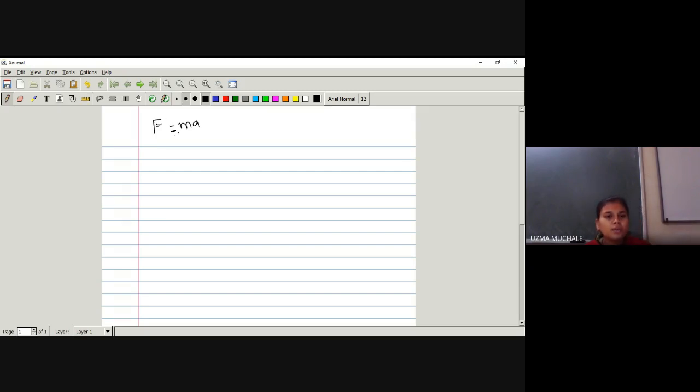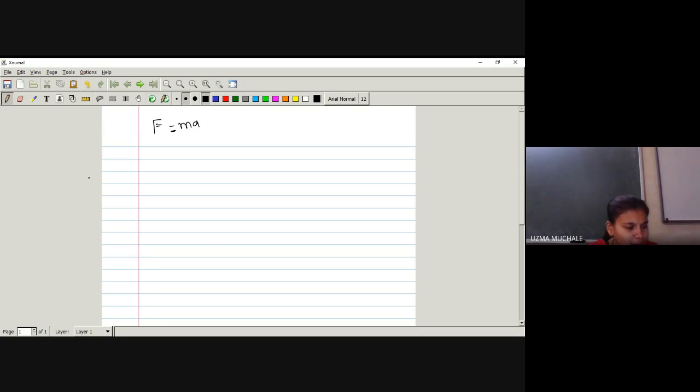Okay, so we are now going to prove that force is equal to mass into acceleration, which will imply that we prove the first and second law. The third is obvious for everyone: for every action there is an equal and opposite reaction, right? So now we are going to derive F equals ma from the Lagrange's equations of motion. This is very important, so concentrate on how to derive this equation of Newton's second law, that is F equals m into a.